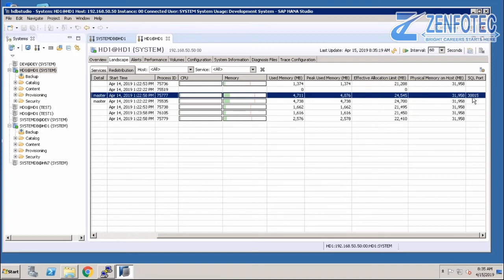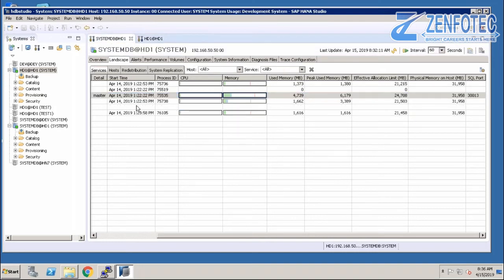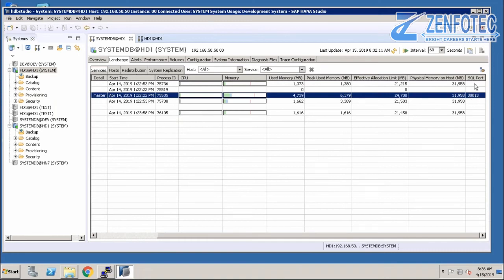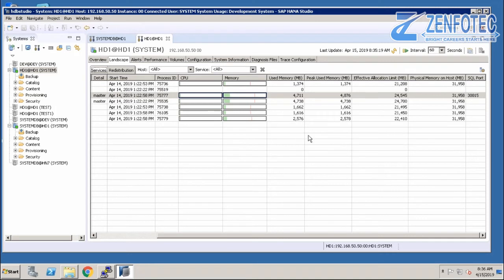If your instance number is 01, then it will be 30115. And in the systemdb, we connect to the name servers, and the external SQL port for the name servers is 30013. So we have 13 in the systemdb for the name servers, and for the tenant database index servers we have the port number ending in 15. Only 3 and 5 is different. Basically in systemdb we don't have the index servers.